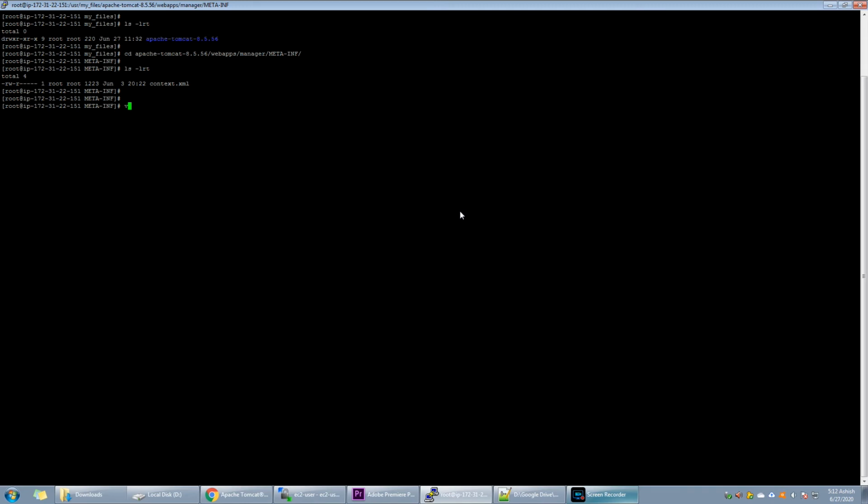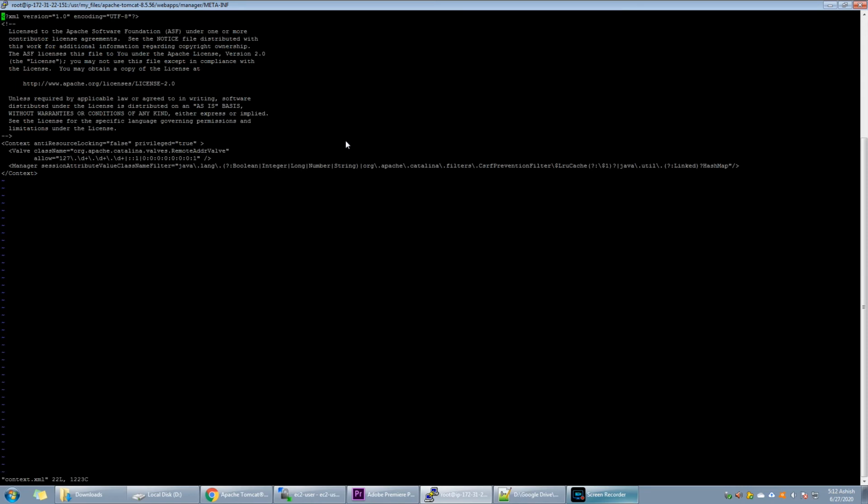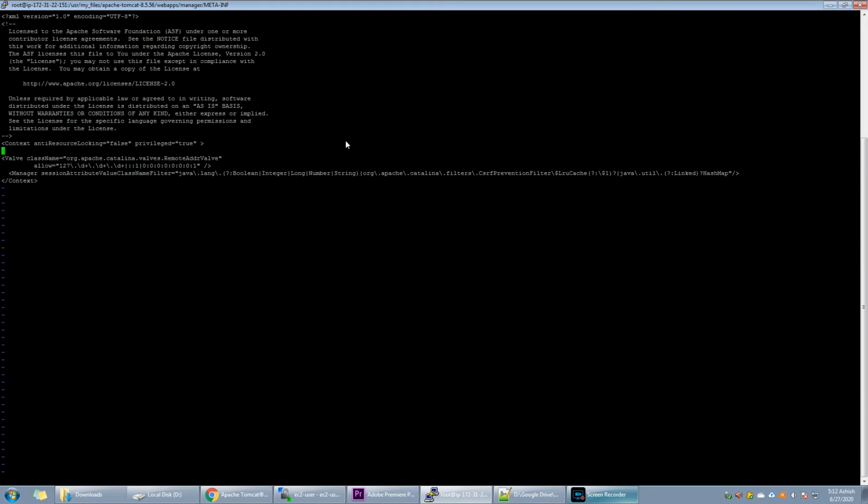So we have to edit this context.xml file. In this file, we can see that there is a valve attribute mentioned here. The purpose of this valve is to block connections from all other IPs apart from the local instance IP. So we have to comment this part.